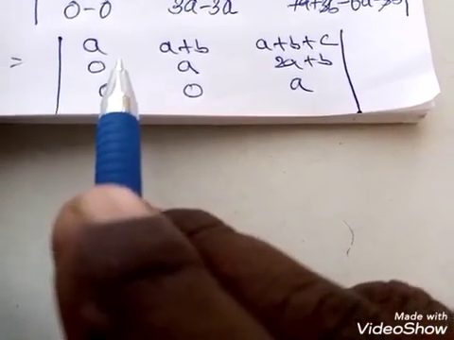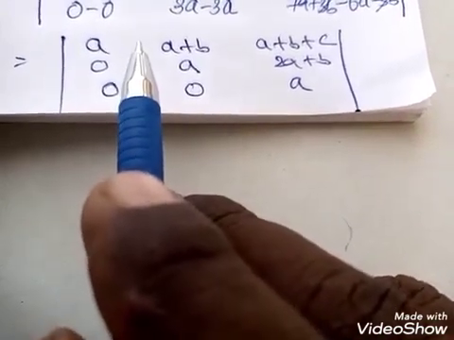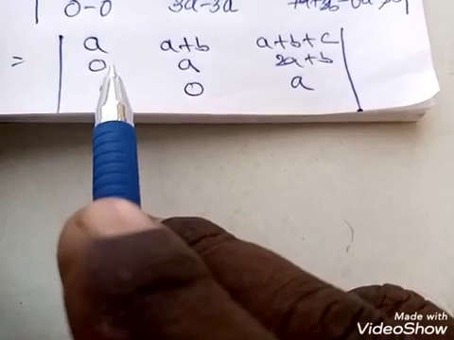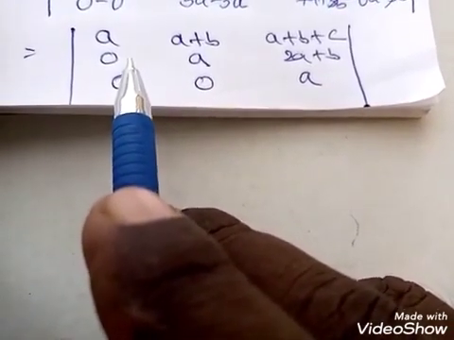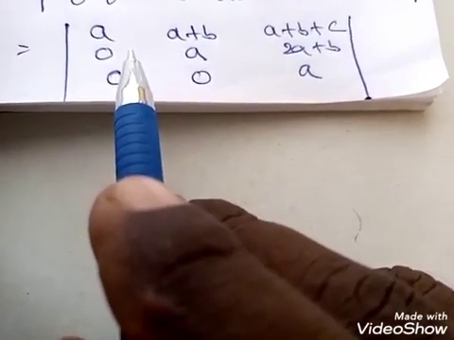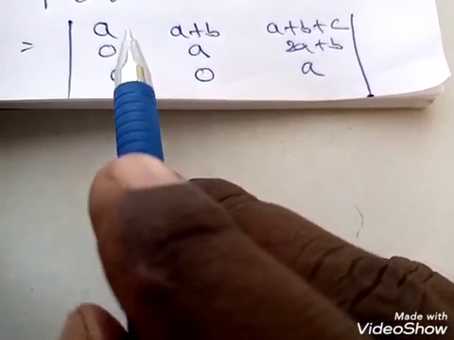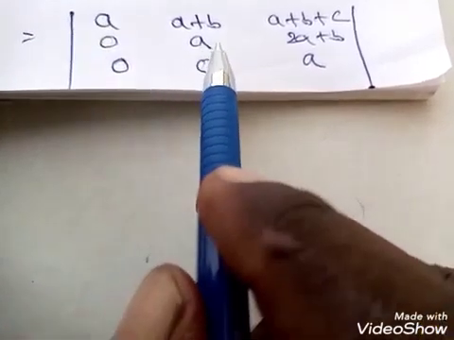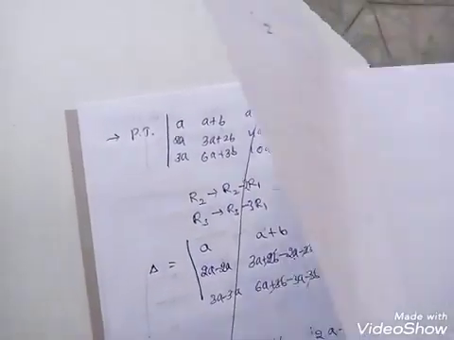Now why did we go for this method? In matrices we have discussed the upper triangular matrix and lower triangular matrix. Remember, directly expanding an upper triangular, lower triangular or diagonal matrix, you are going to get the determinant as the product of the elements of the principal diagonal. Now what are the elements of the principal diagonal? a into a into a, that is a cube, you are getting. But further, if you want also, you can write it by expanding with column 1. What are you going to get?